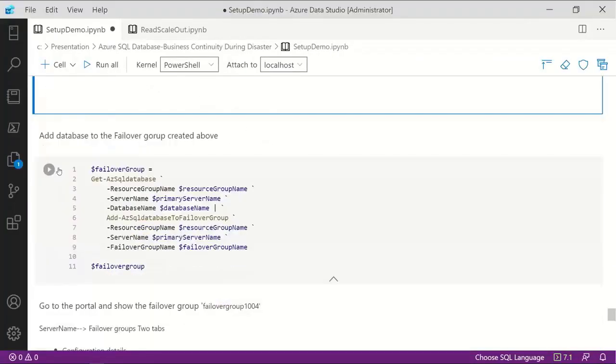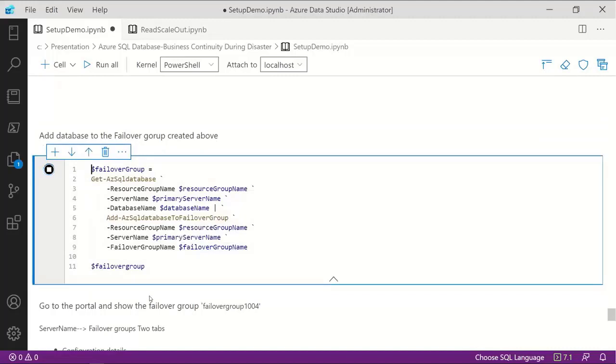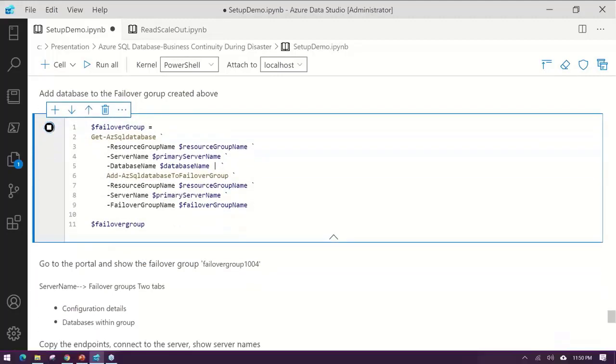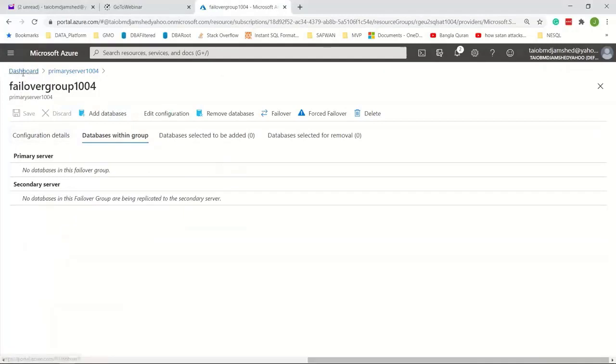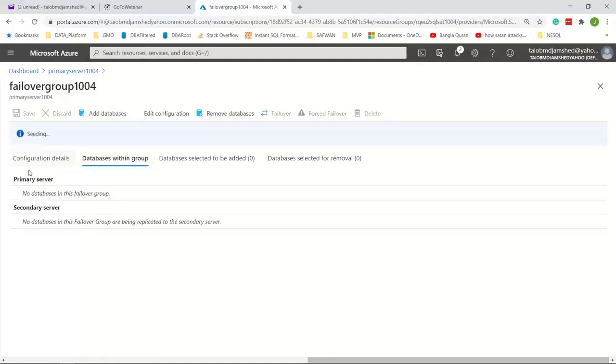And now I'm adding a database, the database that we've been playing with so far. It's the same database. So once the database is added, we should be able to see a name here. It will tell us,